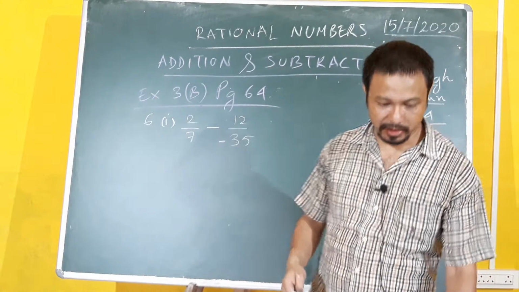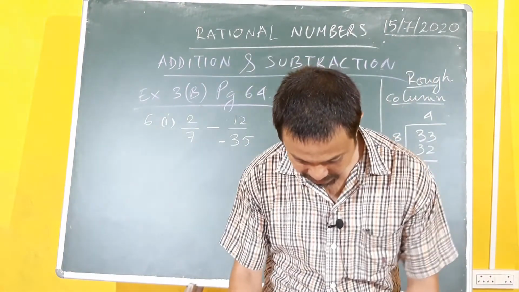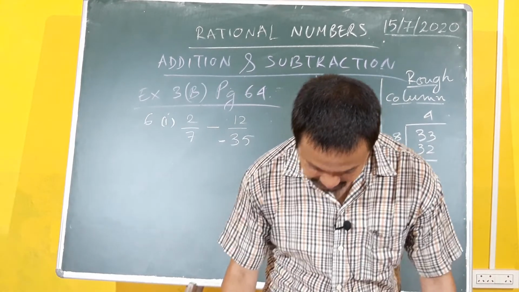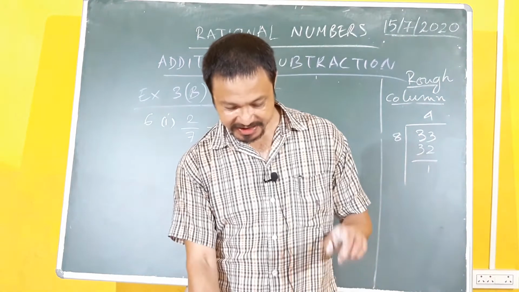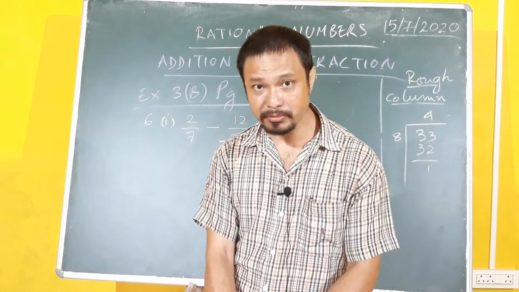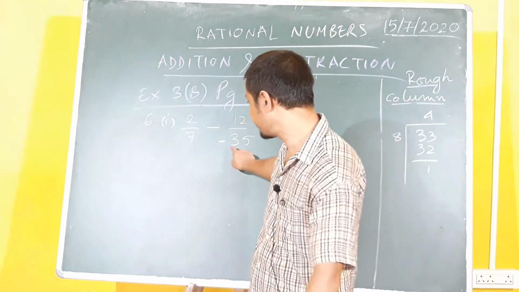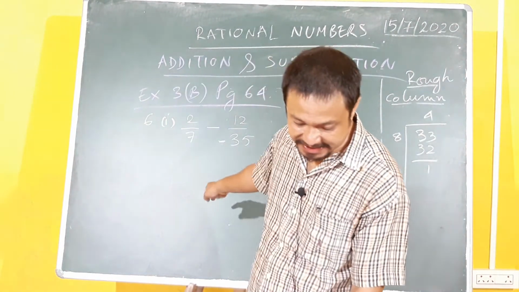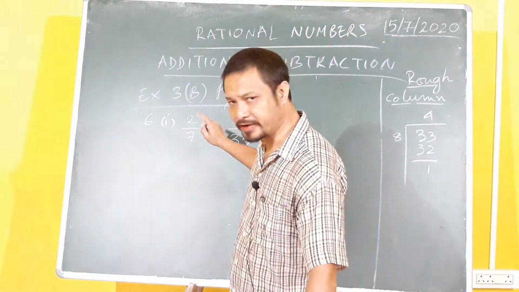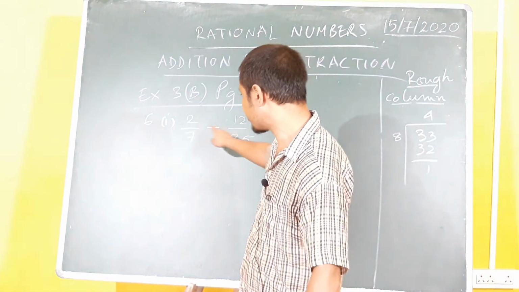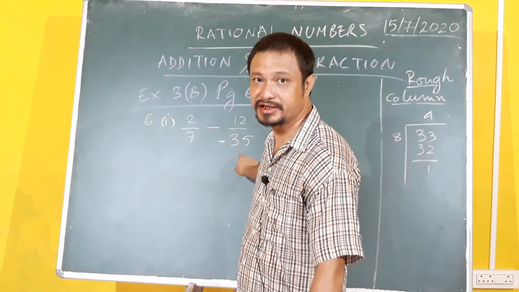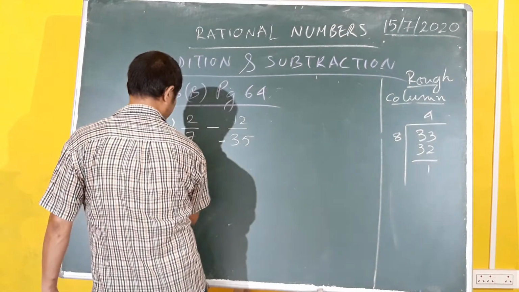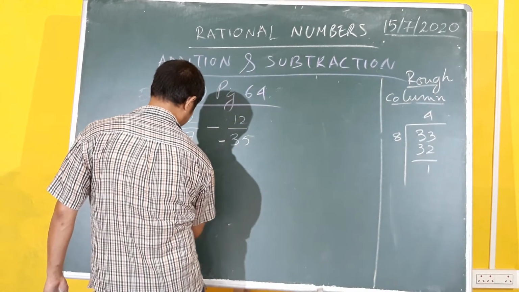What did we talk about a rational number being in a standard form? If you go back to page number 57, it says a rational number is said to be in a standard form if its denominator is positive and it is in the lowest of the terms. Forget the lowest of the terms because we cannot do that right now, but we need to make this denominator positive. So how do we do it? We have already done this before. So first we'll solve this: 12 upon minus 35.